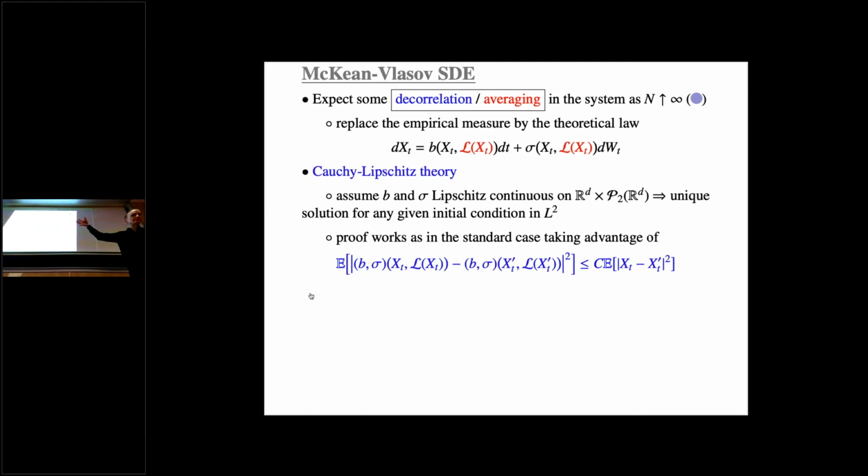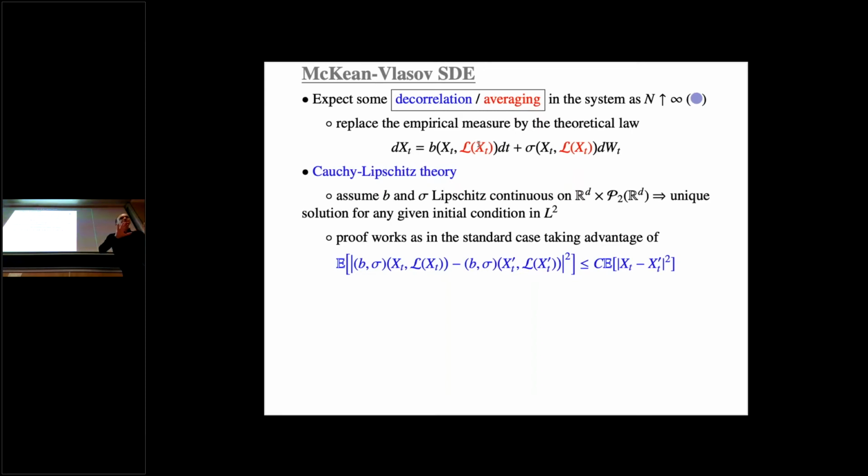So there is a limit, and the limit, in fact, is described in terms of a kind of nonlinear stochastic differential equation. We say nonlinear because in the equation that you have on the top here, you see that in the drift now, you replace the empirical distribution by the law of the particle itself. So what happens? I'm saying, well, in the particle system, all the players have the same statistical behavior. So they are identical in law.